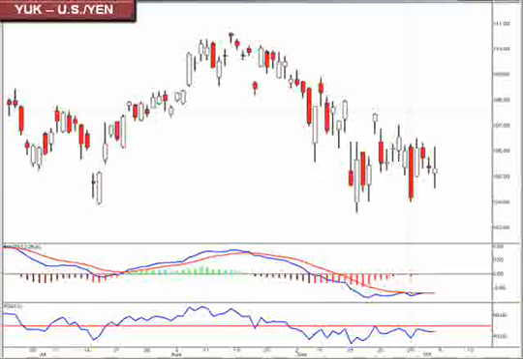All right, let's take a look at the YUK, the US versus the Japanese yen. On first glance, we see we are still coiling within that sideways triangle, representing a significant amount of indecision between